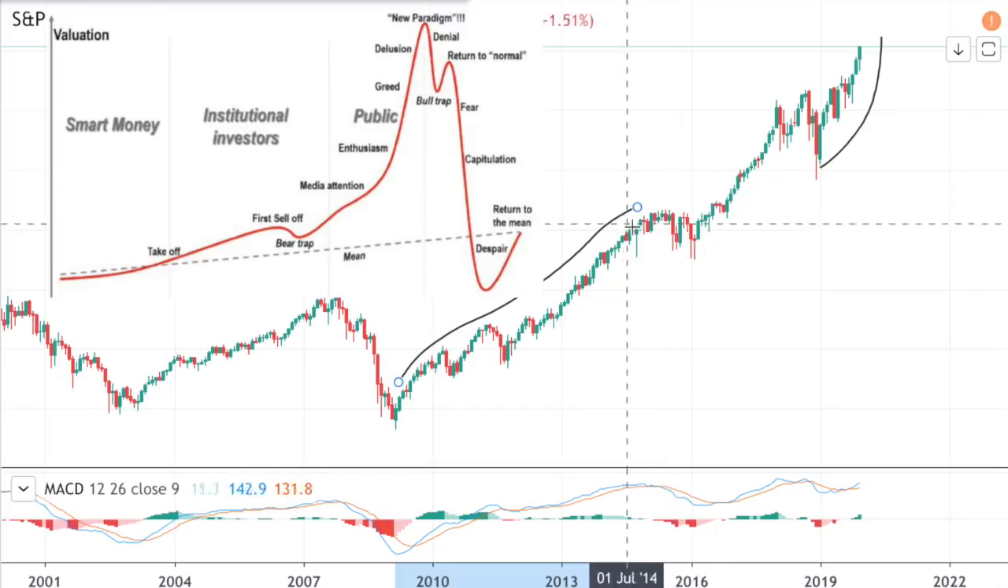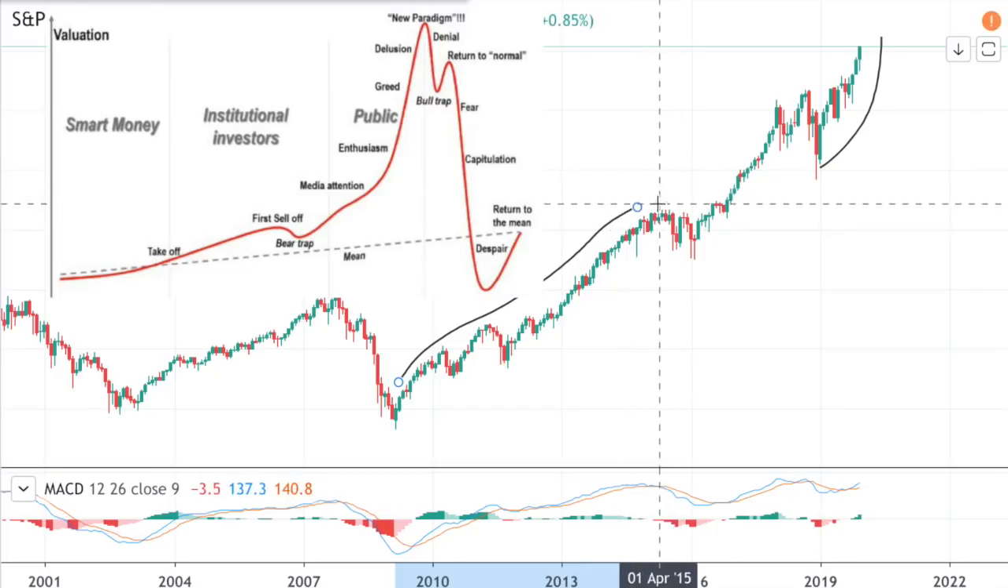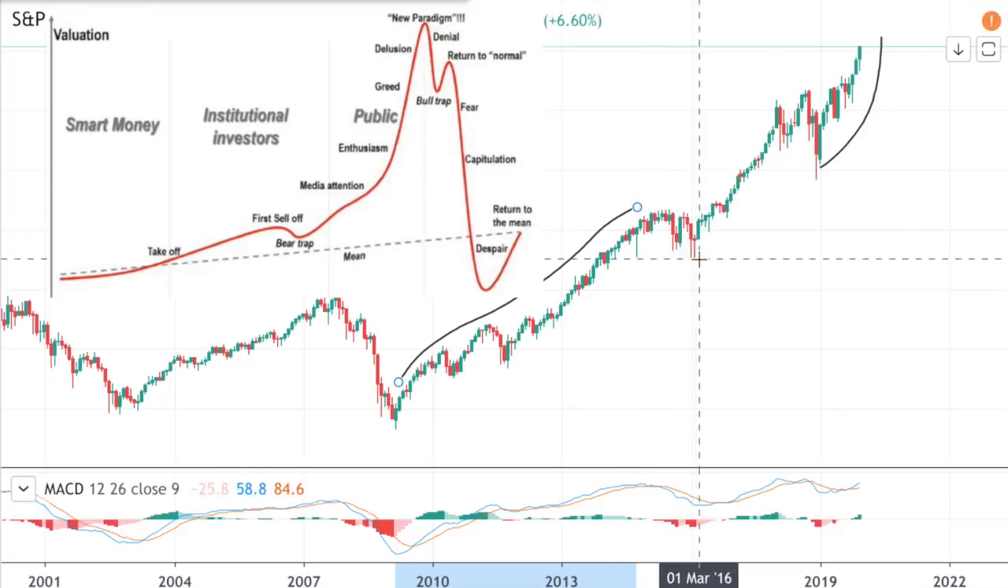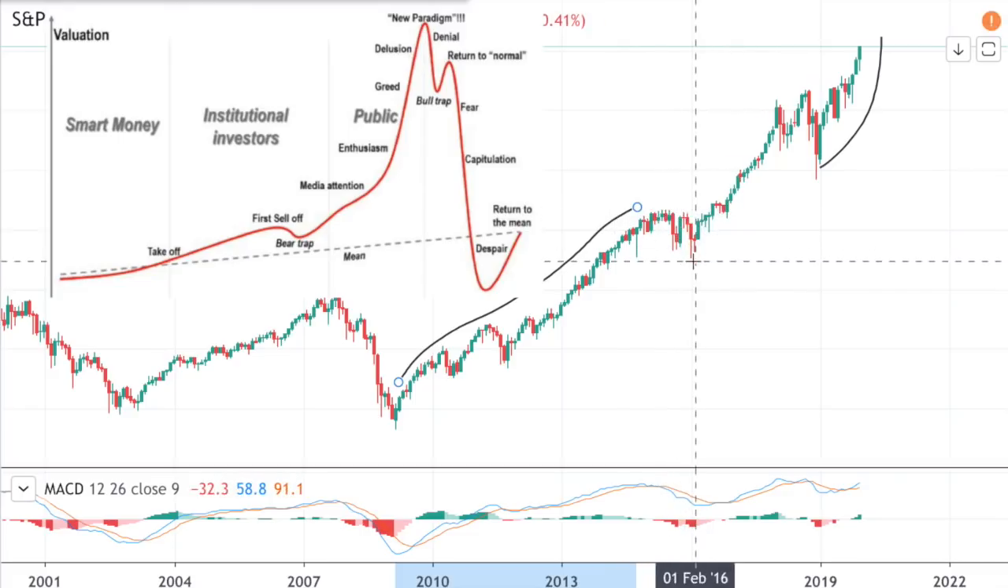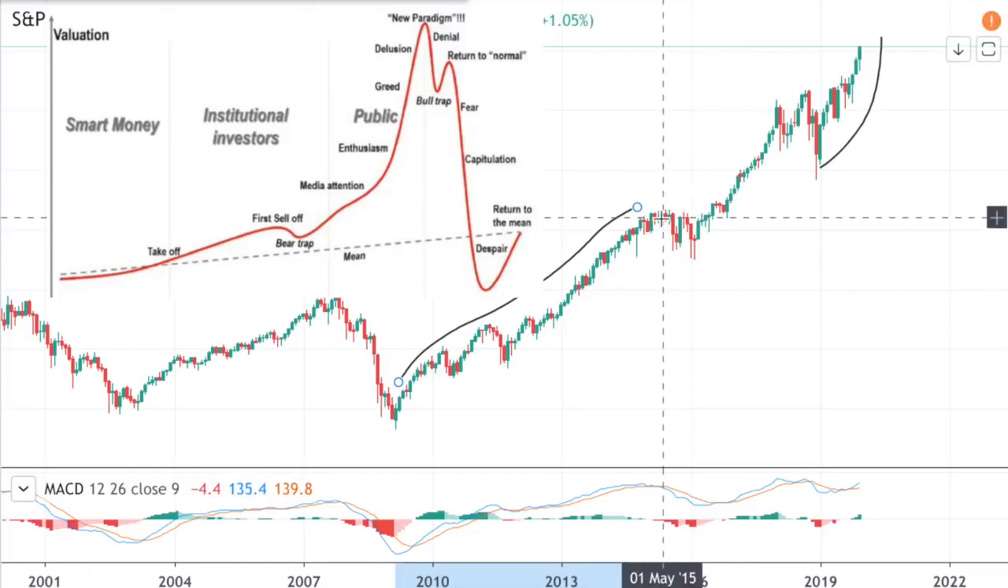And now this is where things get interesting. We did see a temporary top in the markets in 2015 and a quite significant drop right here, and that would correspond to the bear trap you see on the market cycle template. This was, from top to bottom,